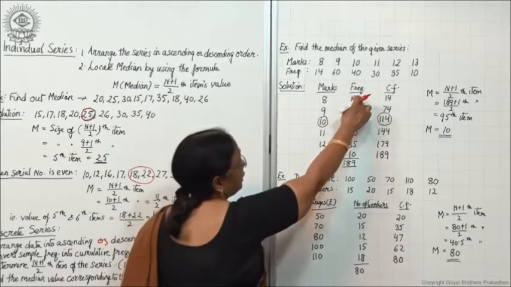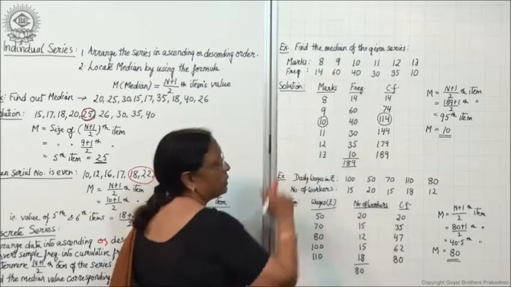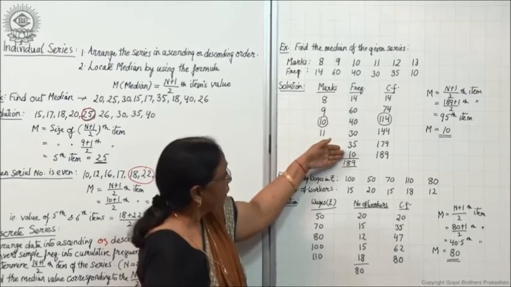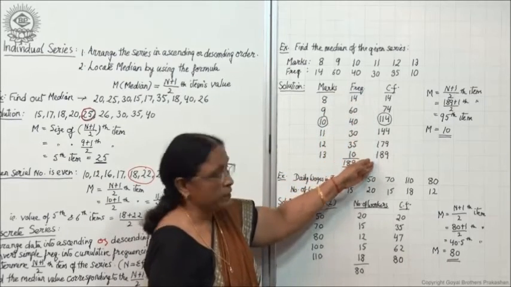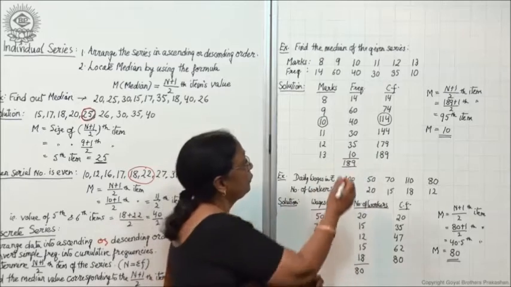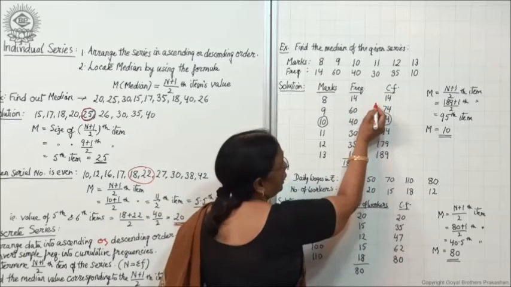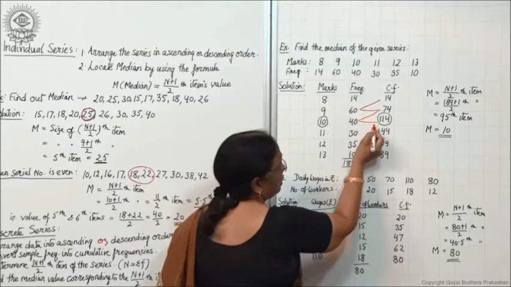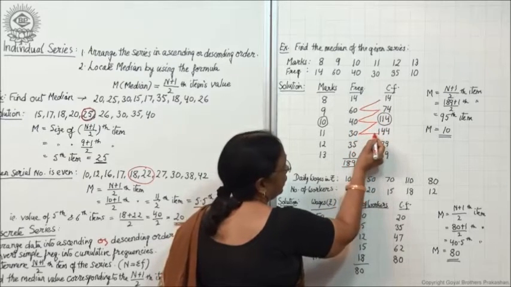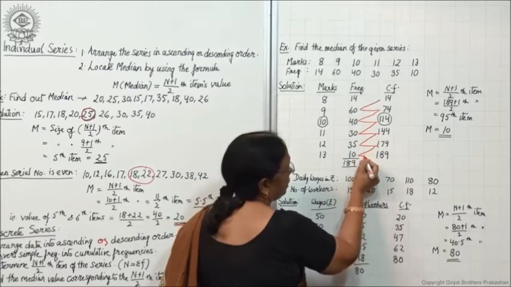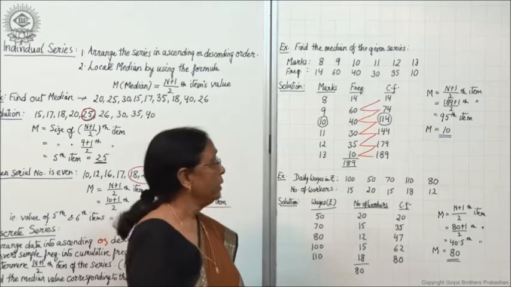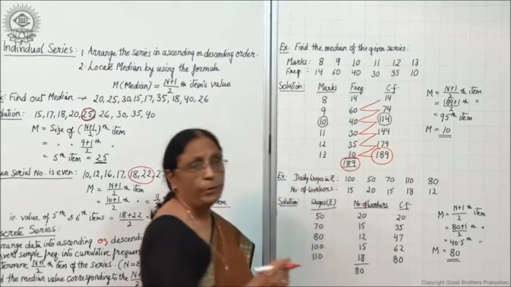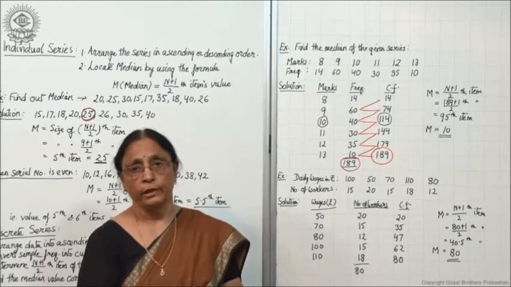So this frequency given over here is simple frequency, and you have to convert the simple frequency into cumulative frequency, right? Now how will you convert it? First is 14, 14 plus 60 is 74, this plus this 114. Convert it into cumulative frequency. And this last figure will be the same as the total of this, because you have added up the frequency.